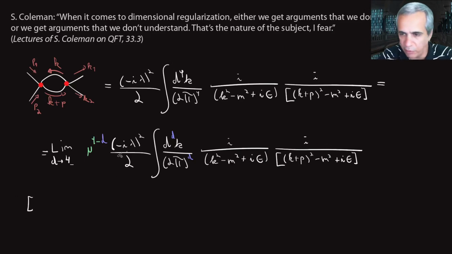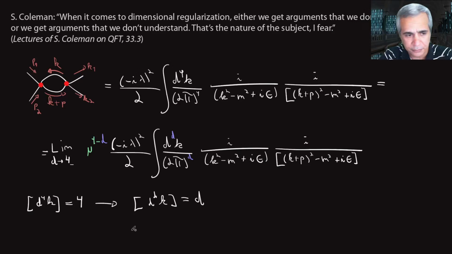So in 4 dimensions, d4k has dimensions of mass or energy to the 4th. So dimension 4 in natural units. Now I change that to dk, and it has dimension d. At the same time, mu has dimension of mass or energy, so dimension 1 in natural units. And that means that the product here keeps